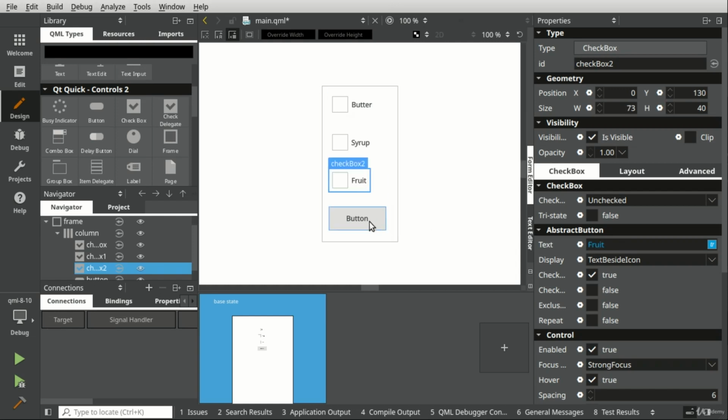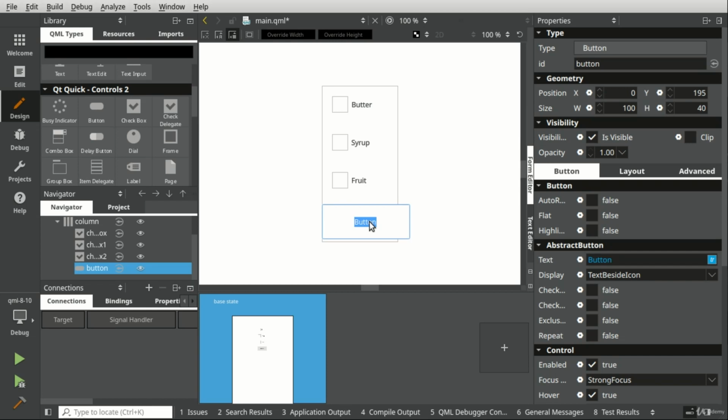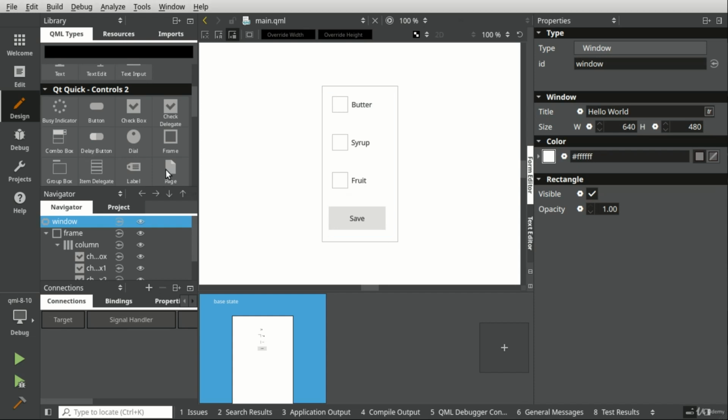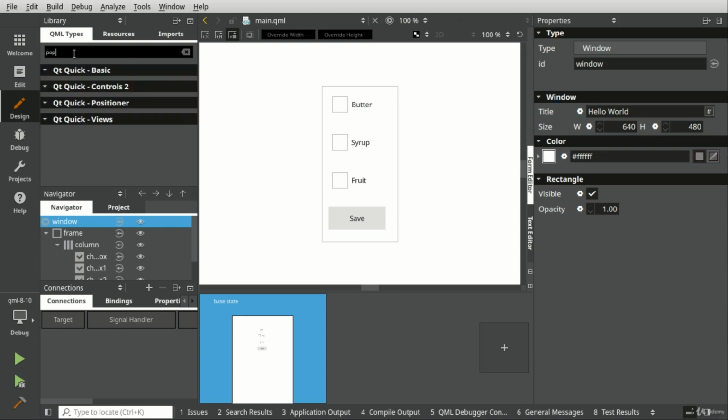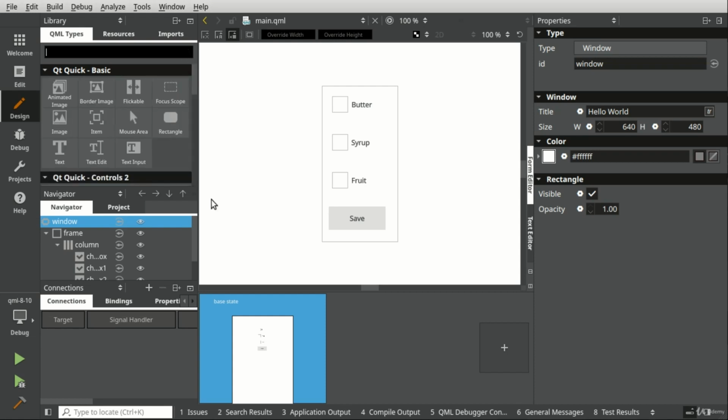Fruit, and we're just going to leave this button. Actually, let's call it save. It's not actually going to save anything, but now we want to make a pop-up. Let's go ahead and look in here, and we're going to say pop. Uh-oh, there's no pop-up. Well, what the heck? That is just rude. All right, so pop-up is a non-visual, so we're going to have to go into non-visual